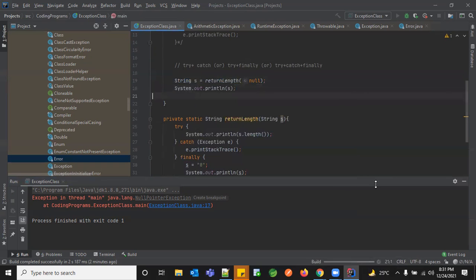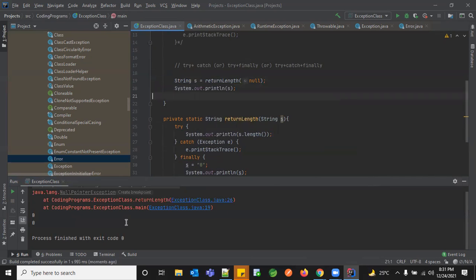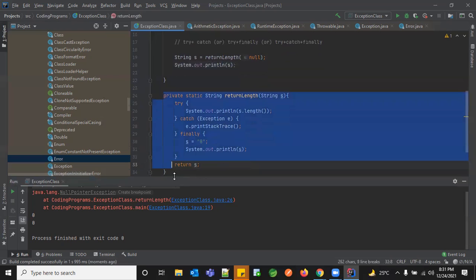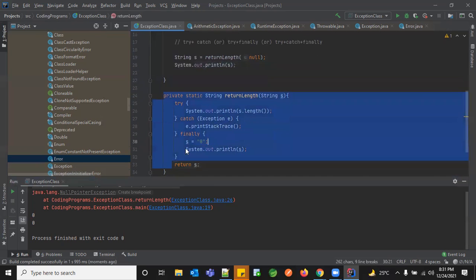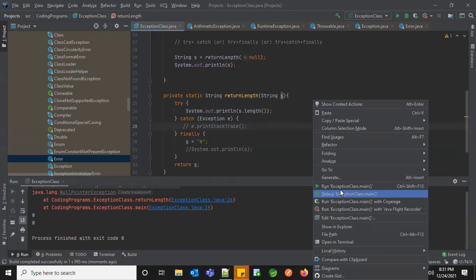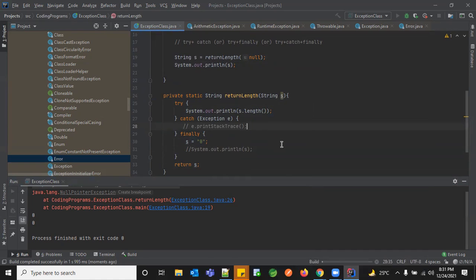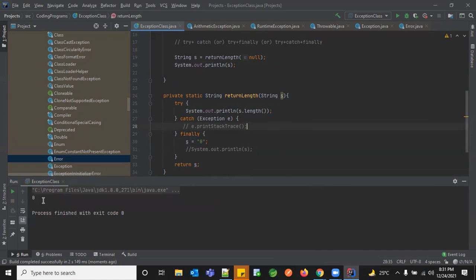So I'm giving string s equal to, and I'm just printing it. Now let me execute it. So what happened here, though I get my stack trace here, I'm internally returning my value with 0 so that this particular piece of code will not be a hindrance for the further execution of my program. So I'm defaulting the s with 0. And if I comment it out, so here, if I'm not handling any stack trace or any logs, what happens? As an end user, you might not know what the error was. You still get a value of 0.